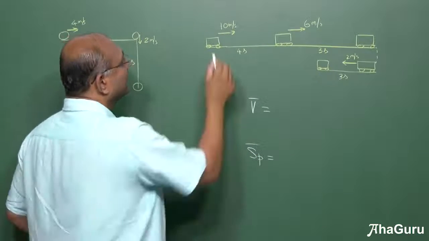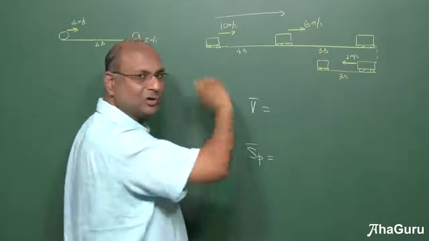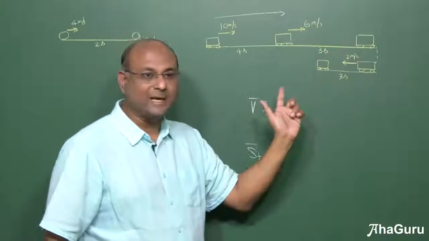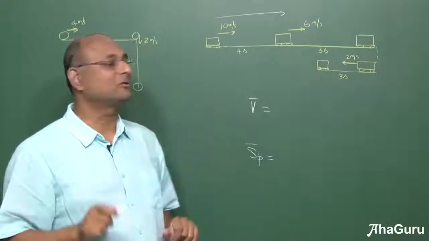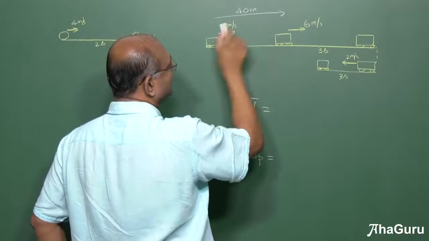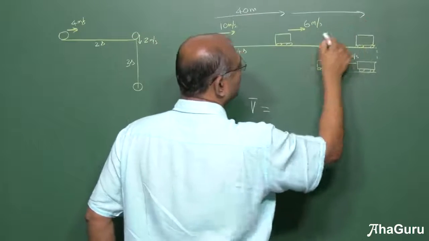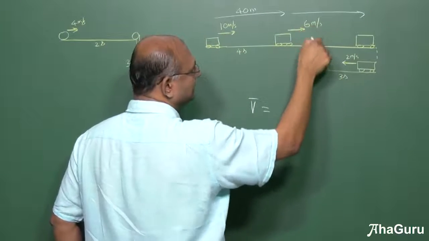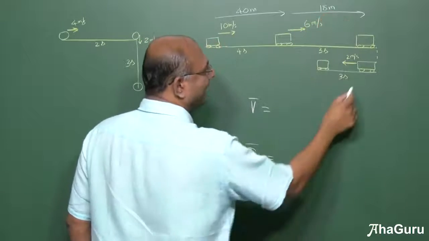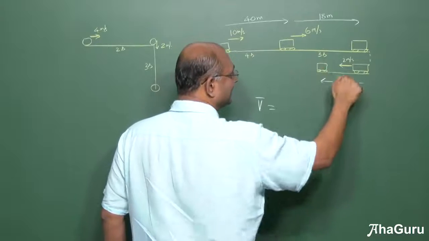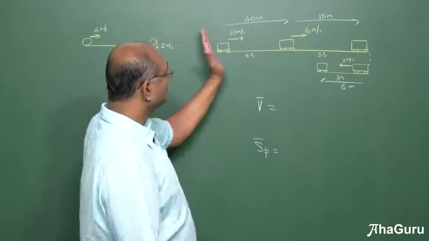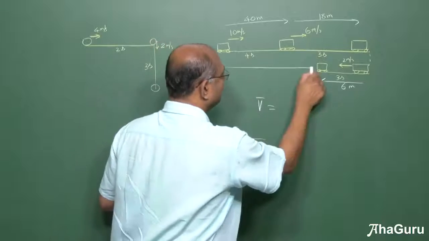Now let us think. What is this displacement? Always draw a diagram. Right now, of course, I have drawn the diagram. Whenever you read a question, first draw the diagram. Half the problem is over if you draw the correct diagram. So 10 into 4, 40. So that is the displacement this way. So this is 6 into 3, 18. So this is 18 meters. And then if you look at this one, it is in this direction, 2 meters per second into 3, 6 meters.